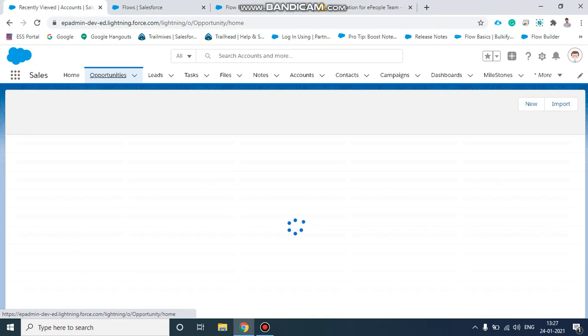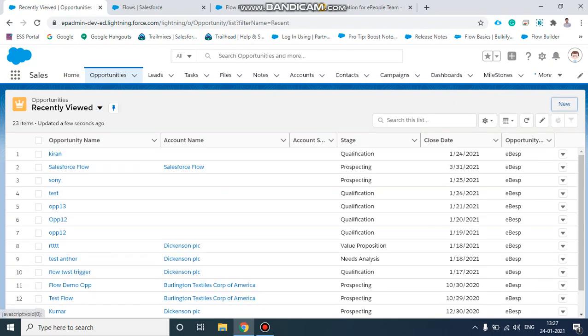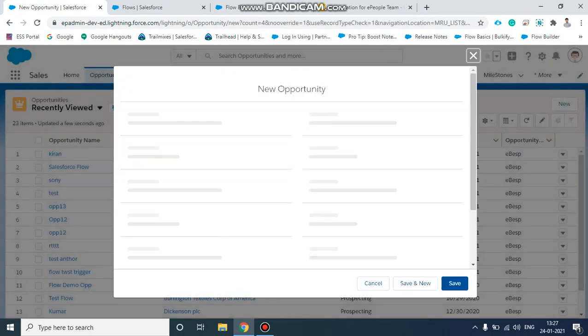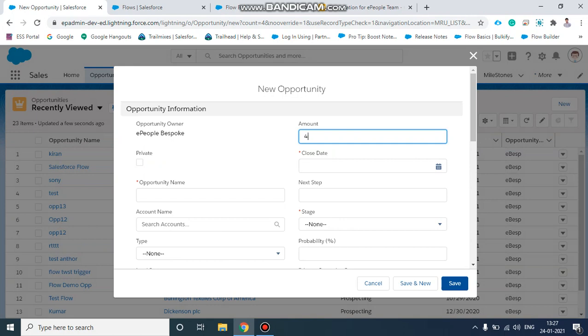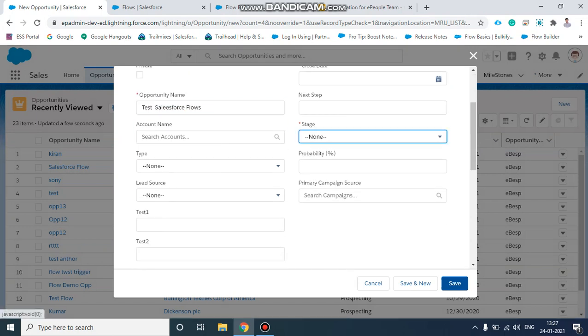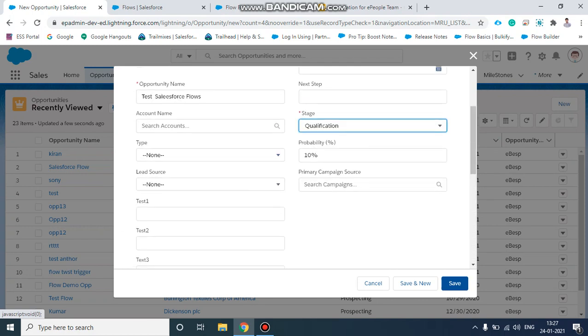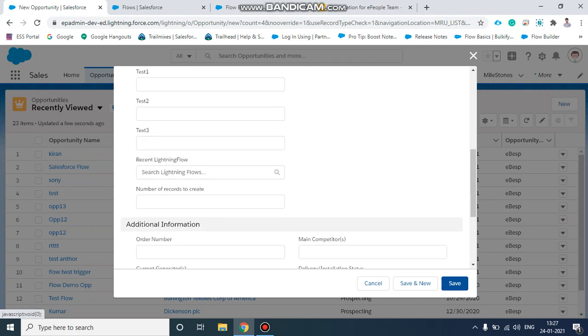Okay, let's create an opportunity. We will set up a test Salesforce flows opportunity. Stage will be Qualification. And here is a field, number of records to be created.